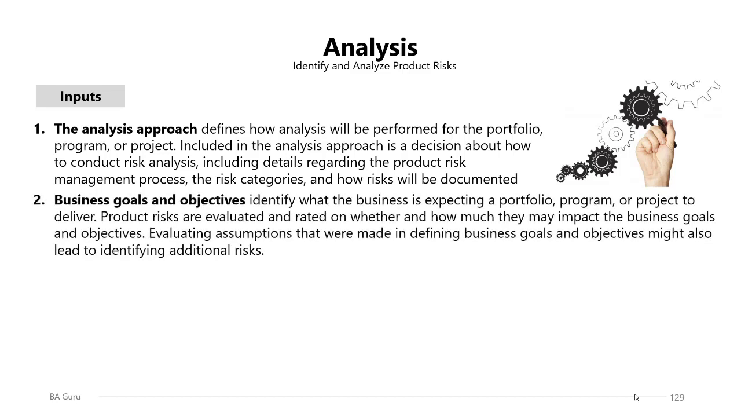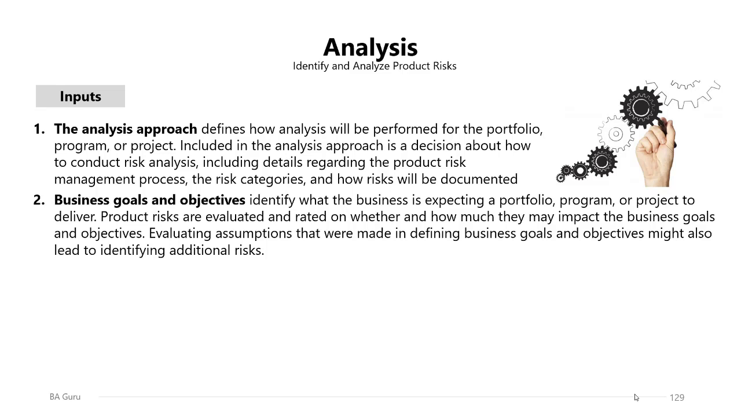The second input will be the business goals and objectives, which identify what the business is expecting a portfolio, program, or project to deliver. Product risks are evaluated and rated on whether and how much they may impact the business goals and objectives. Evaluating assumptions that were made in defining business goals and objectives might also lead to identifying additional